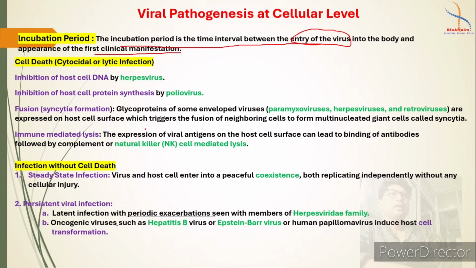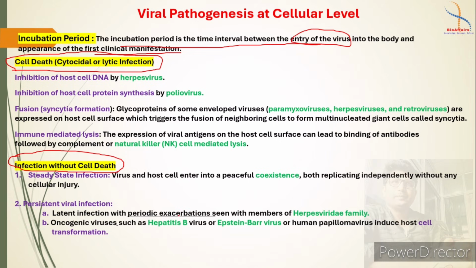That is very important. Now coming to the pathogenesis, there can be two types. One is complete lysis of the cell, that is cell death, the ultimate possible thing that can happen by viral infection. The other is an infection where no cell death takes place, the cell stays as it is and the viruses are increasing their number one by one. I have given some examples of the viruses mainly responsible for lytic infection in their life cycle.